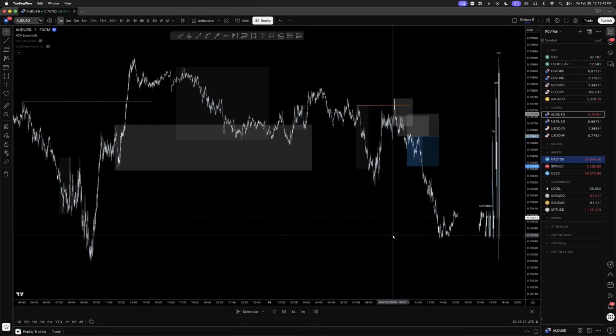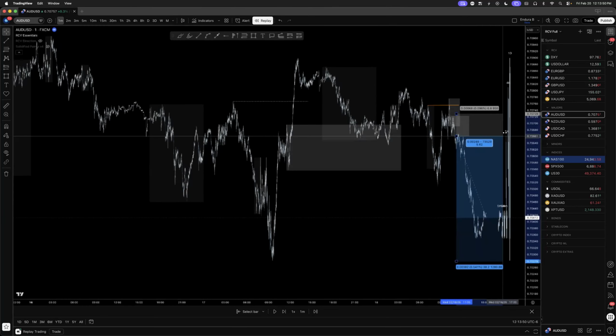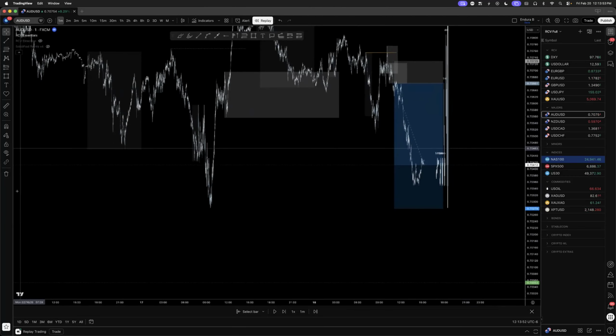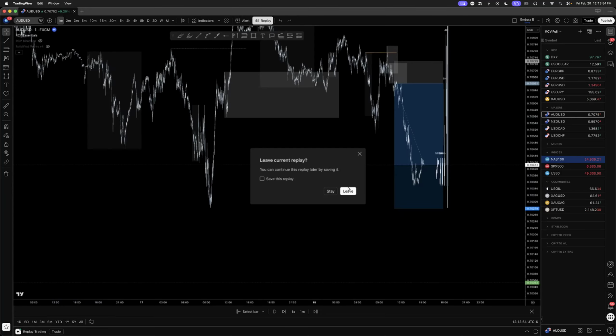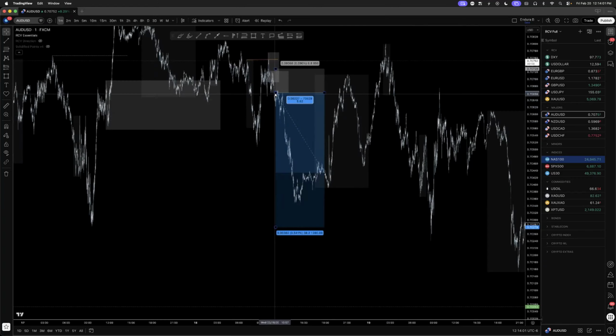All right. Anyways, right from here, my TP1 is here, and then obviously my full target is here. This is what I'm looking for. And it sucks because I actually ended up hitting break even here. Such a good scenario, and it ended up not going in my favor, but that's okay because the entry itself is justified, because it's until we see this,